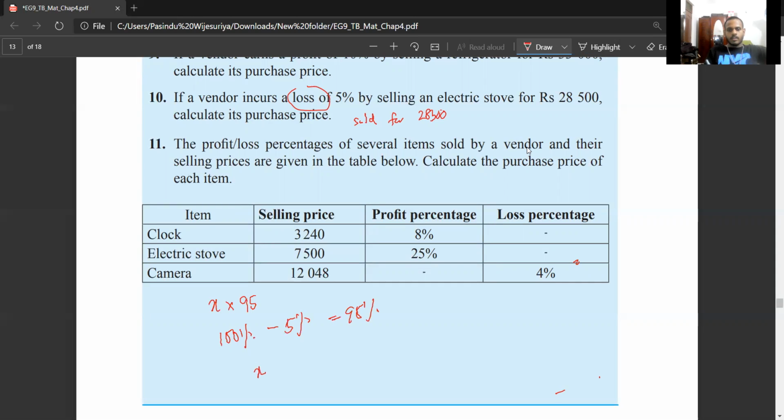That's how you calculate. X into 95% equals 28,500. X equals 28,500 into 100 over 95. The answer is